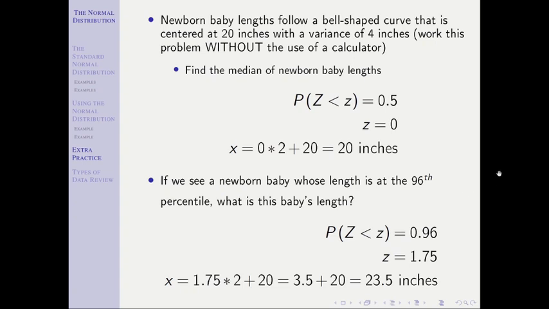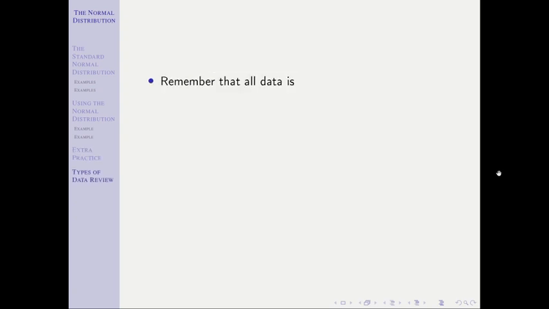And then to wrap us up here, just some concepts to make sure that we're all on the same page before moving on into different material. This is a good place to check and make sure that we're remembering all of these basic concepts. All data is either qualitative or quantitative. You cannot be neither, and you cannot be both, right? You are either data. If you're neither, you're not data, right? All data is either going to be words or numbers that are used for labeling, or it is numbers that we can actually do math with, right? Quantitative data is the latter, qualitative the former.